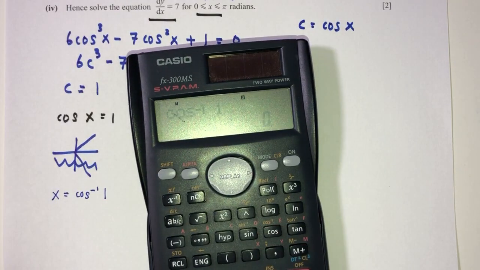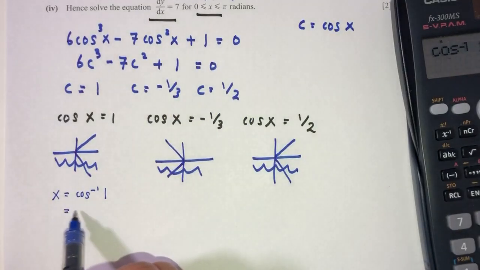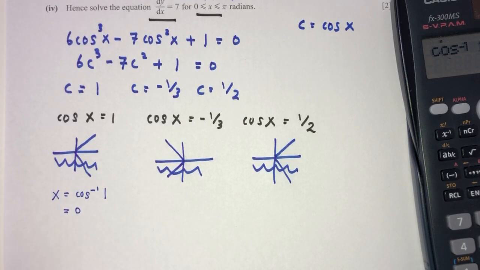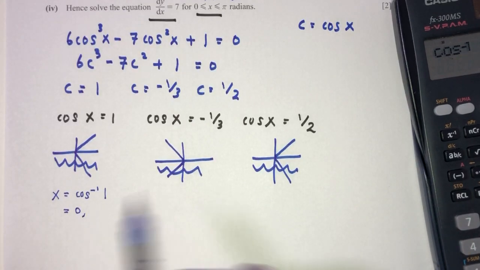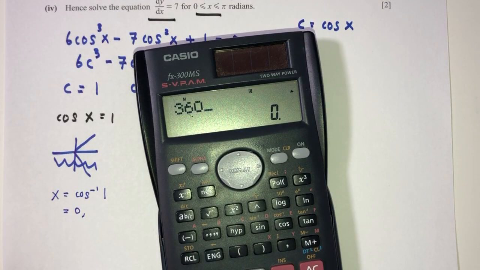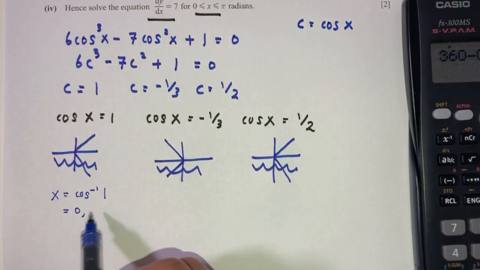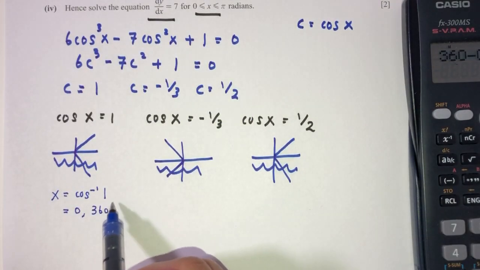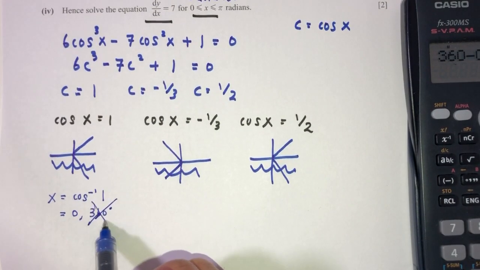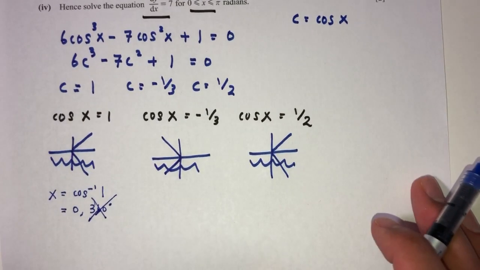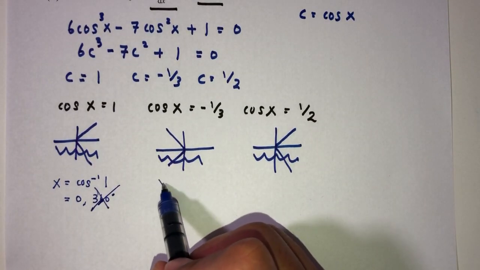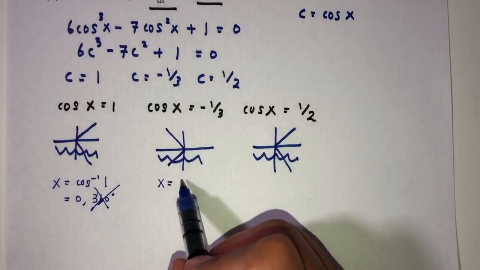Cos inverse of 1 is 0. That's my first answer. And it can also be 360 minus 0. But of course we don't need 360 because it is outside of the domain, right? That's the first answer. Now x can be